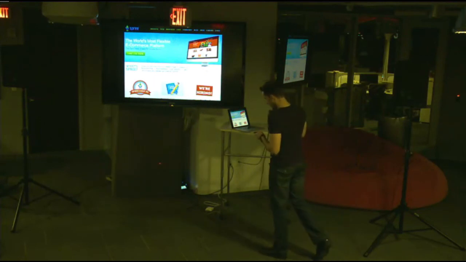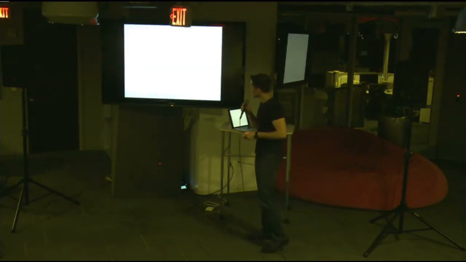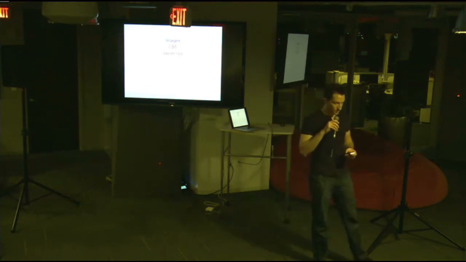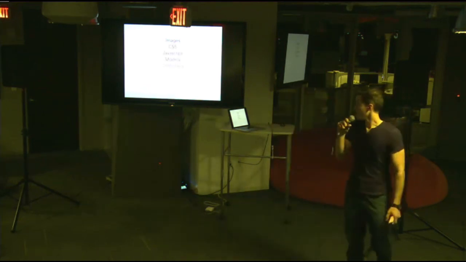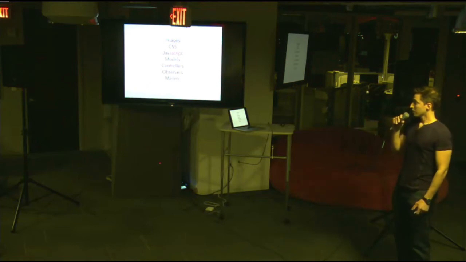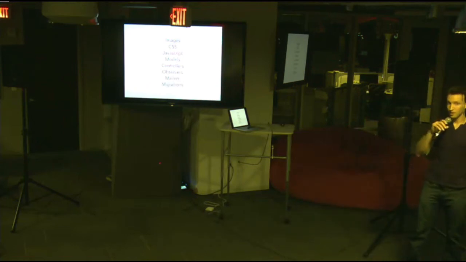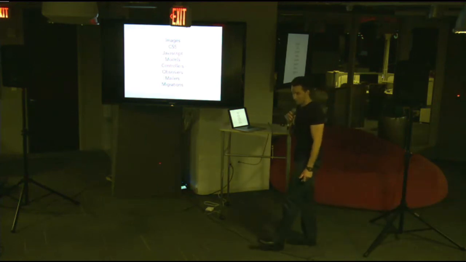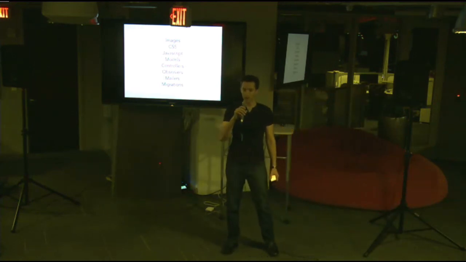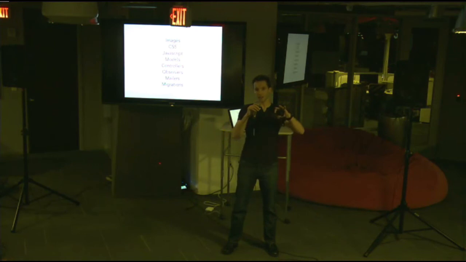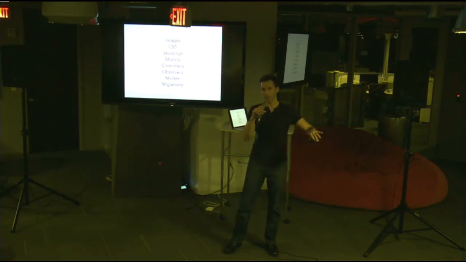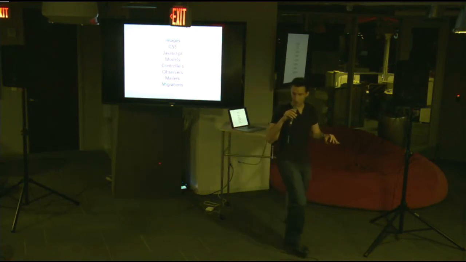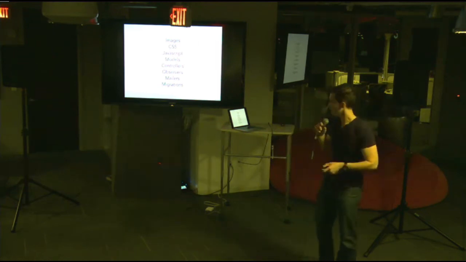And so you can do things like add images, CSS, JavaScript, models, controllers, observers, mailers, migrations. All of that can be done inside of your Rails engine. The migrations are kind of cool because if you run a task inside of your main app, it'll actually copy the migrations from your engine into your main app and then run them, and they're all namespaced, so you don't have to worry about name collisions or anything like that.